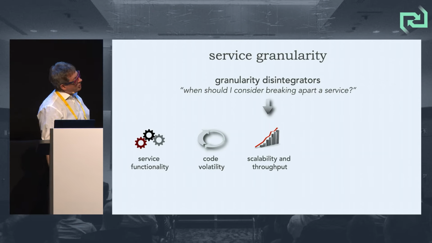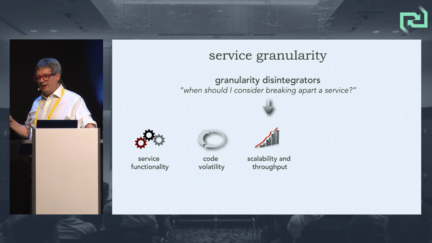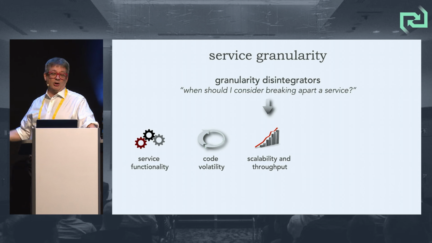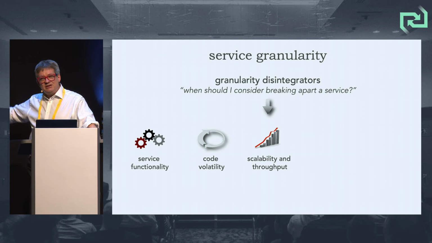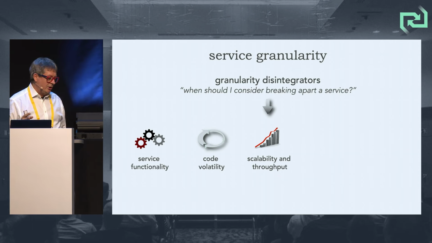The third one we called scalability and throughput, but this is really this whole family of what we call operational architecture characteristics. That's what Mark and I call what some people call non-functional requirements or system quality attributes. It's really the capabilities of the architecture versus the behavior. And the reason those are important is because,